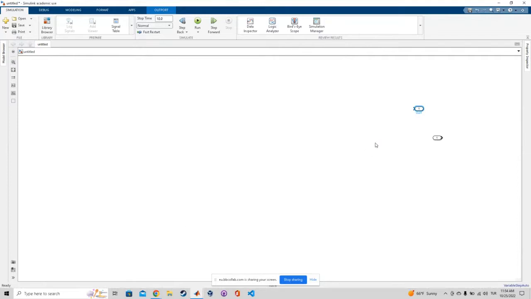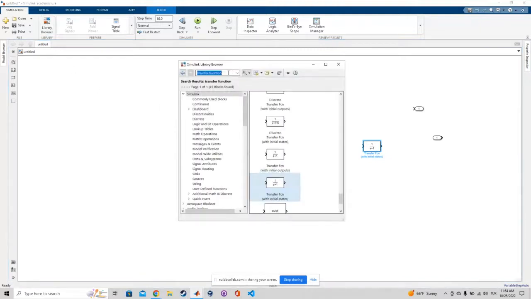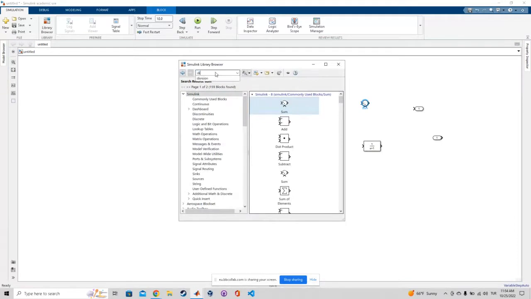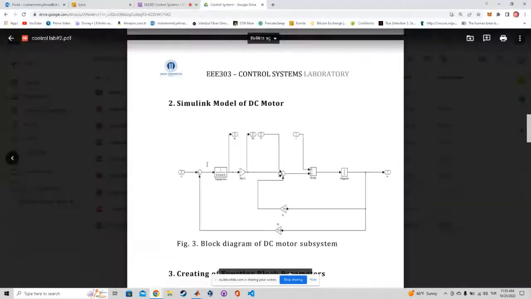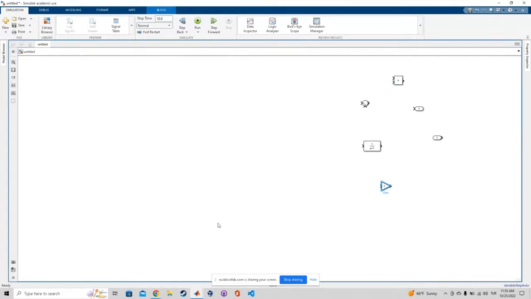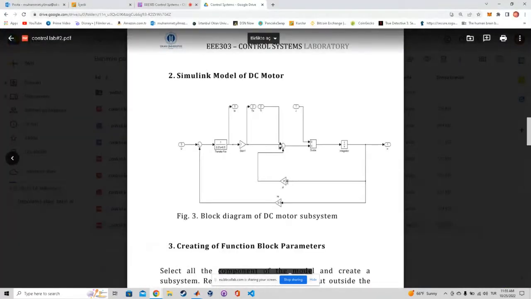Okay, we add our transfer function, and then we need our sum. And we need a divide function. All right, so anything else we need? We need also a gain for a feedback. Then when you choose your parameters, the diagrams, then we can start to